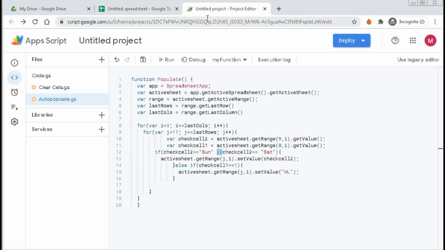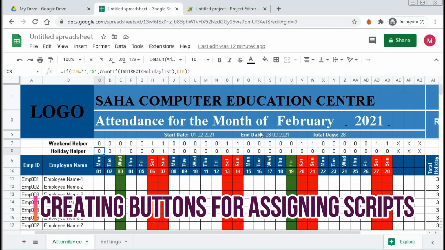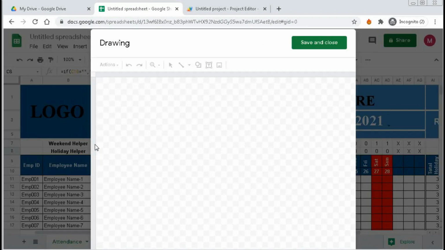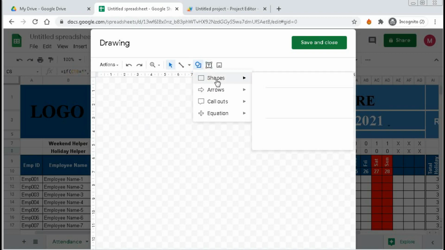So now we have to assign this macro to buttons. Here we will create 2 buttons. For that, go to Insert, Drawing. And here we will create a shape.